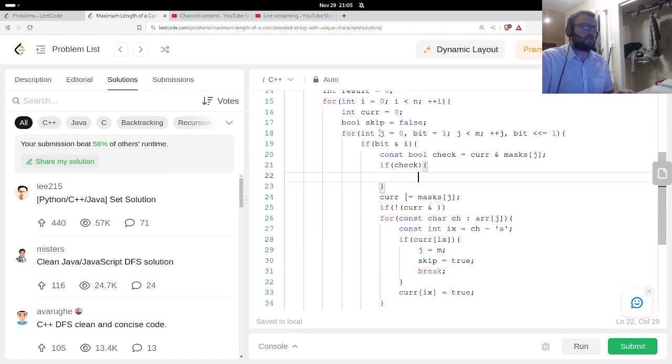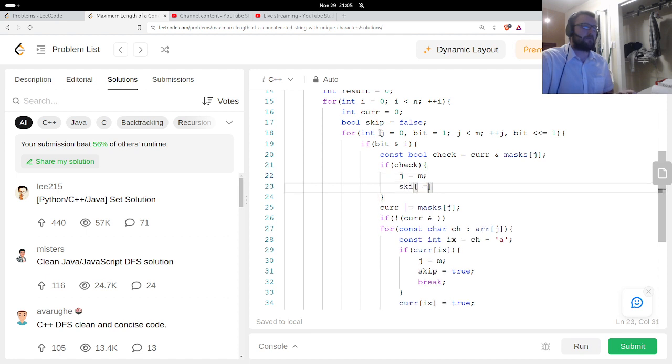Here we would say J equals M, skip equals true, break.